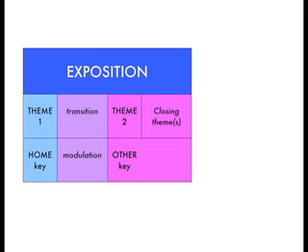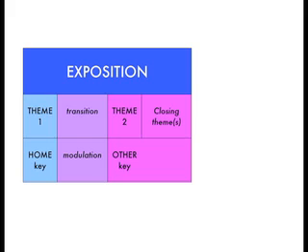So as you might expect, the first theme is presented in the home key. And then it will be followed by a second contrasting theme in some other key. And so in between, you need a transition. You need to get from the home key to another key. That is to say, you need to modulate from the home key to the other key. And this section will reach the other key, but not provide a full cadence. It will just end with a half cadence, and then when the second theme arrives, it confirms authoritatively the arrival